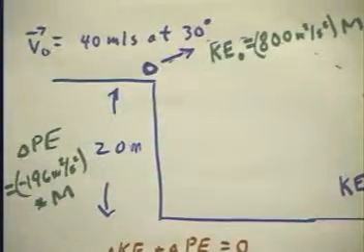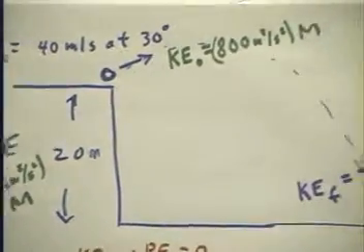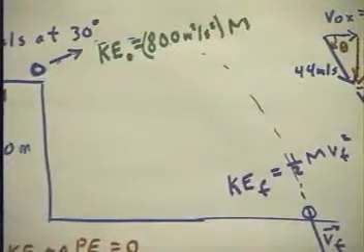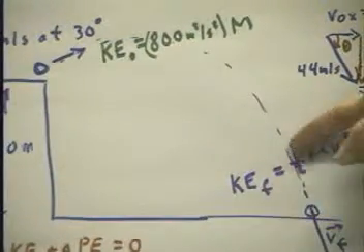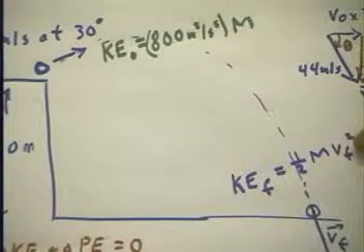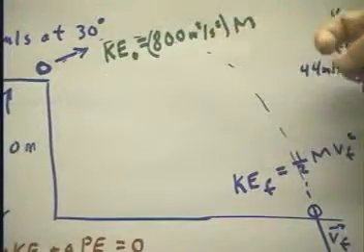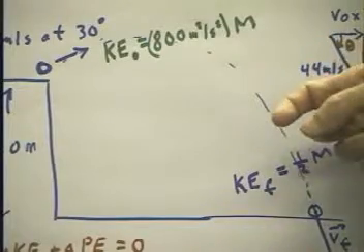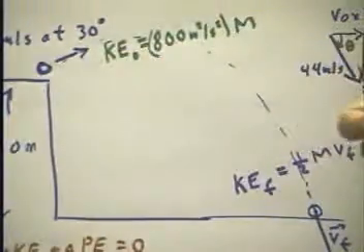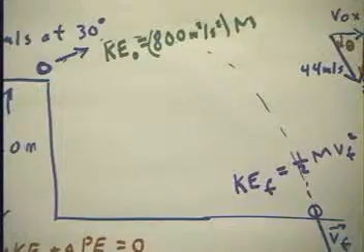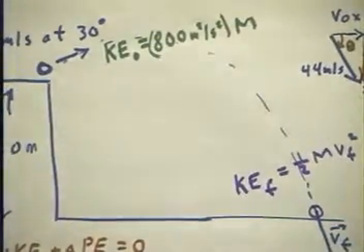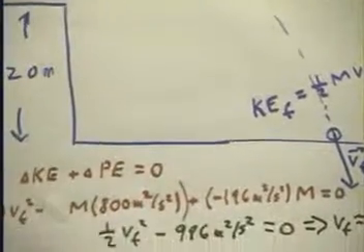So the kinetic energy we end up with, which is of course 1/2 big M times the final velocity squared, is going to have to be the 800 meters squared per second squared times M, plus the 196 meters squared per second squared times M that comes from potential energy loss. We can do this formally with the equation,